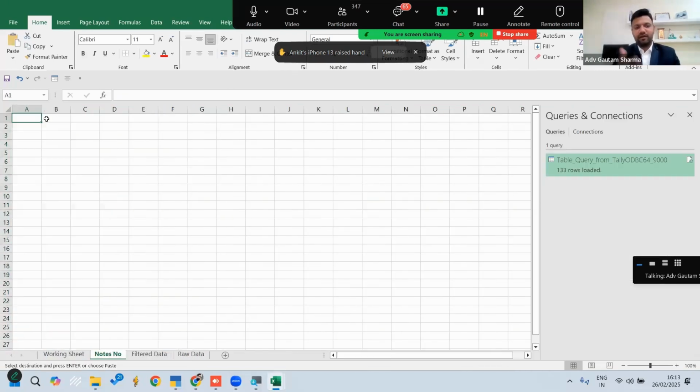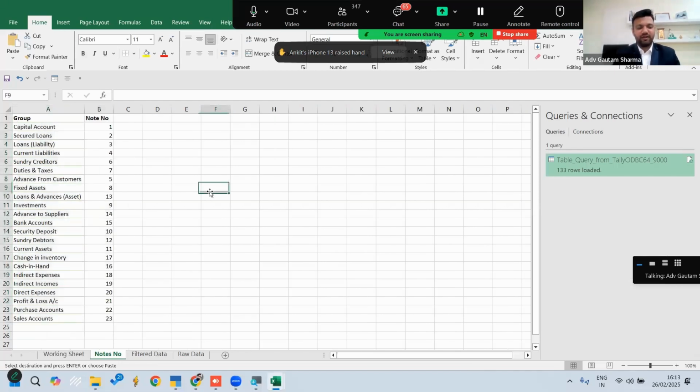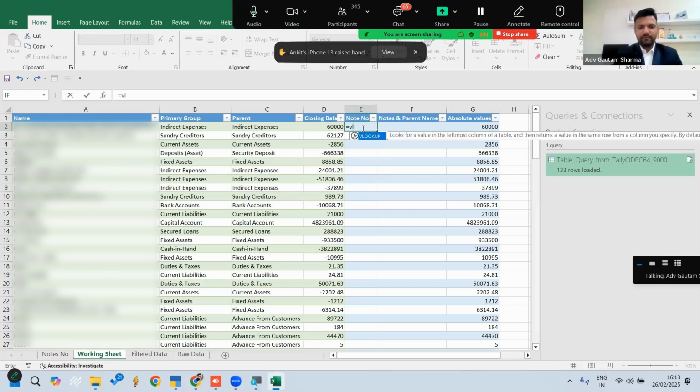You can, as per your data group, maintain this node number once you configure. Every time you can just copy and paste the same thing. Okay, so node number is there. Now to check that node number, what we have to do? We have to use the lookup formula. So we will use VLOOKUP,